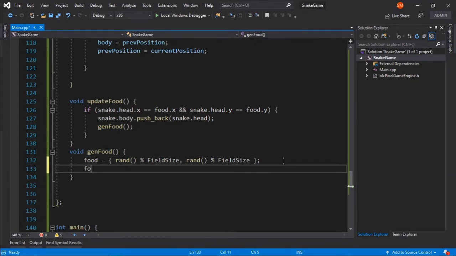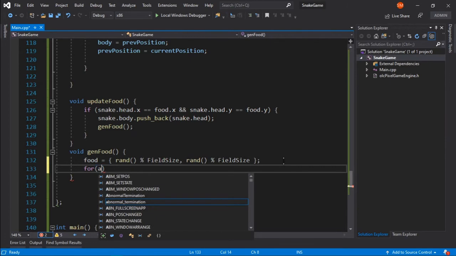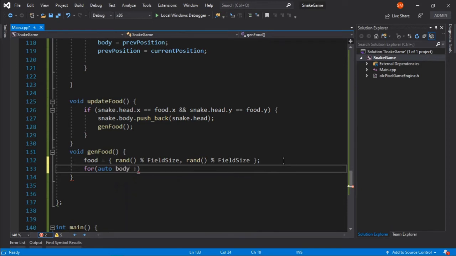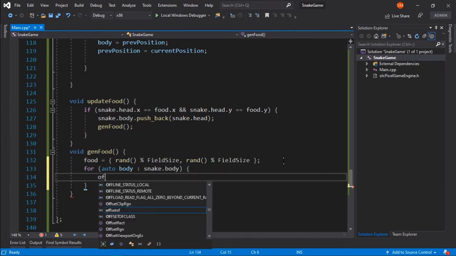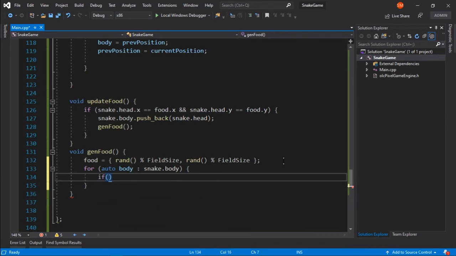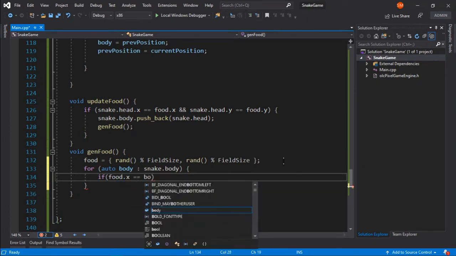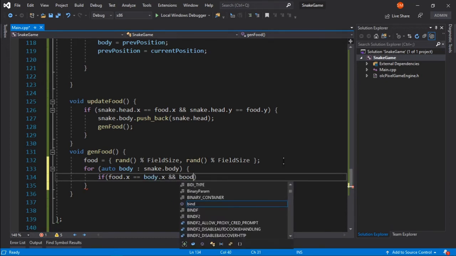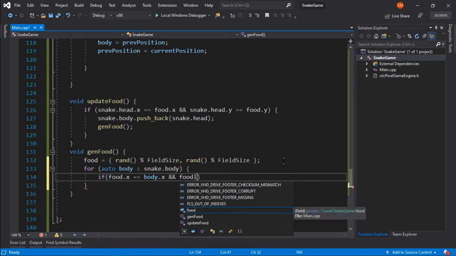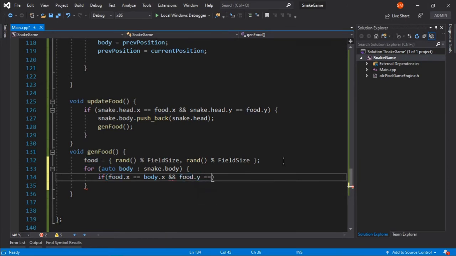So what we will do is simply run a for loop. Say for auto body belongs to snake.body, we will loop through the body parts, and we will check if food.x is equals to body.x and food.y equals to body.y.